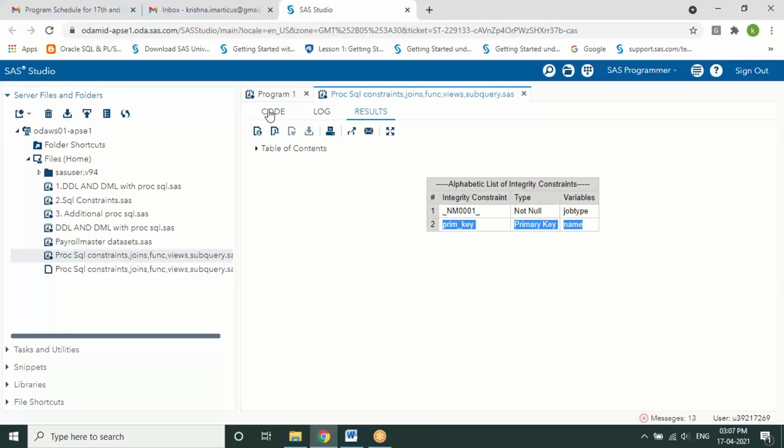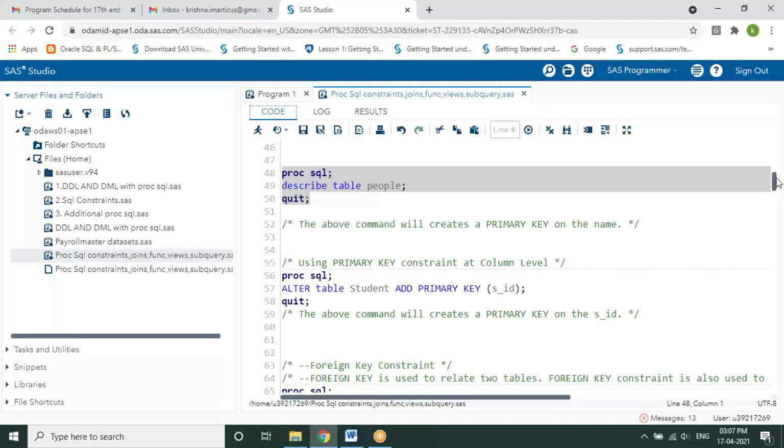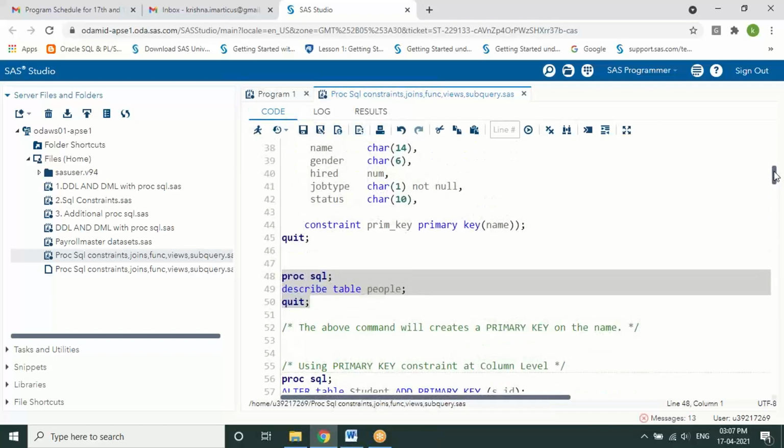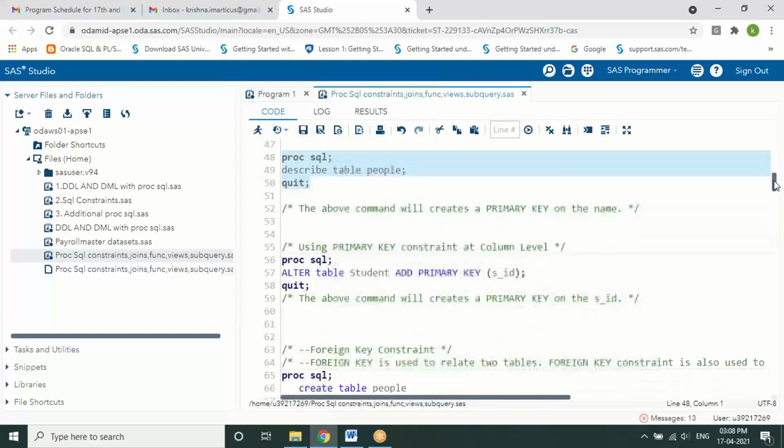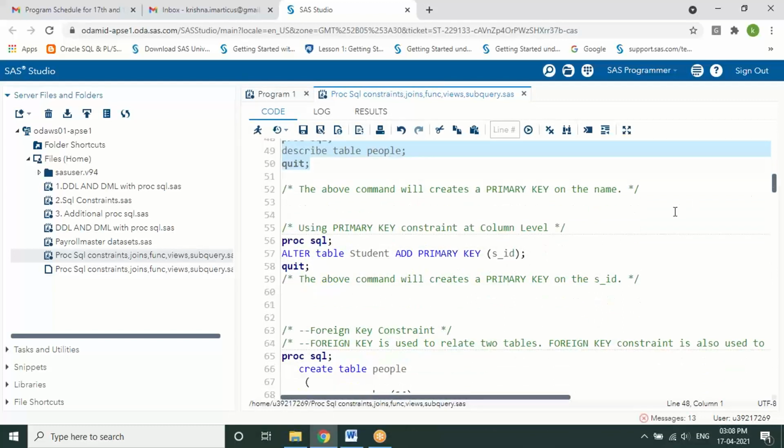So that is how we can check by describing a table, and also see what types of constraints are enforced. Now, making this connection to a table, how do we create a foreign key for that? We'll look at that next. There is one more point to add: how do we add a primary key to an existing table if the table does not have any constraints?